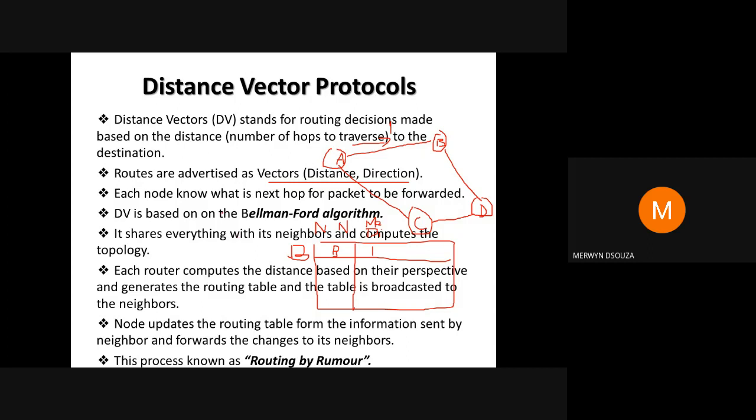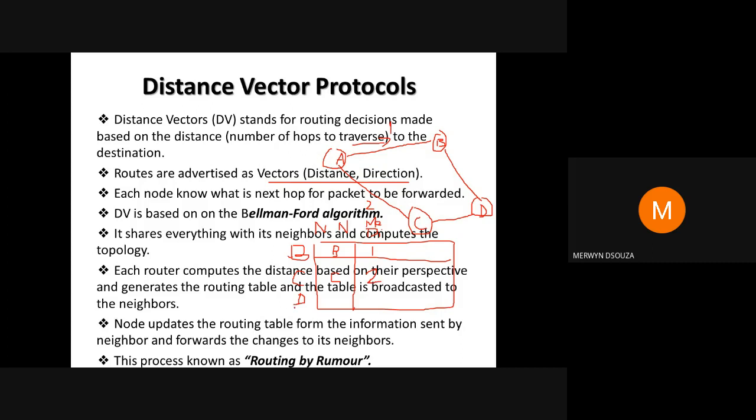This is how your table would look for A, when you are calculating the routing table for A and finding the distance for routing from A to all the other nodes in the network. From A, you want to send packets to all the other nodes. Similarly, there would be entries for node C and node D. Since there is a direct connection from A to C, the next node entry would also be C, and whatever the distance is, suppose it is 2, would be recorded here.